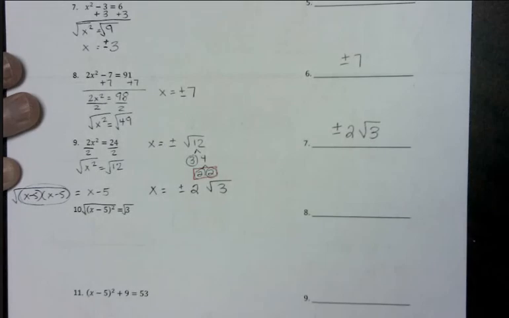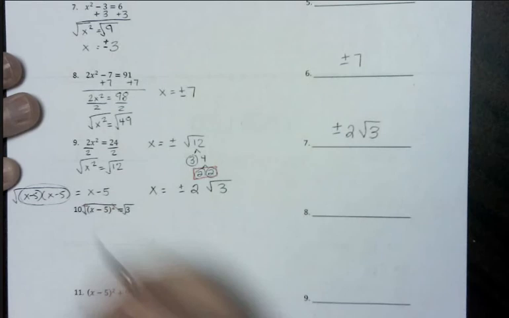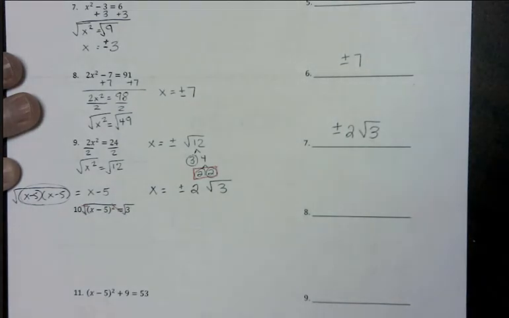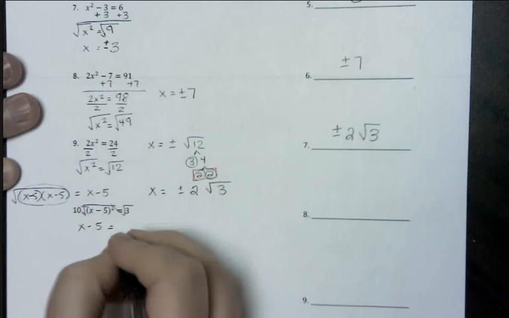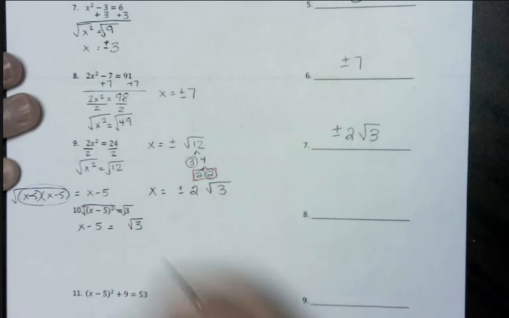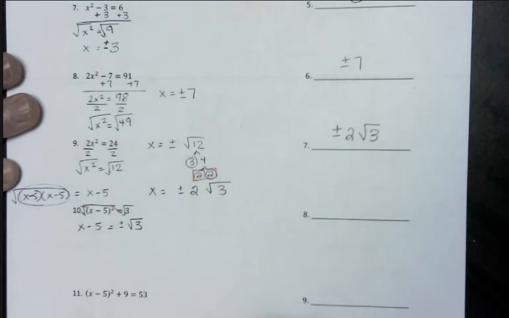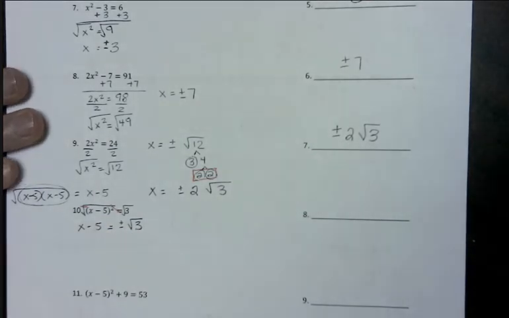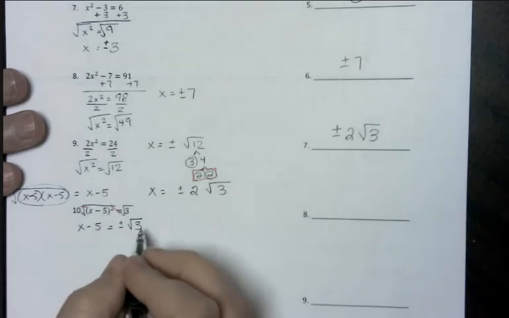So we learned in class that this 2 and this radical essentially end up canceling each other out, and you're left with just x minus 5 equals the square root of 3. Make sure you do not forget your plus or minus. So now we can't simplify that square root of 3, which is step 4, so now we look at step 5,